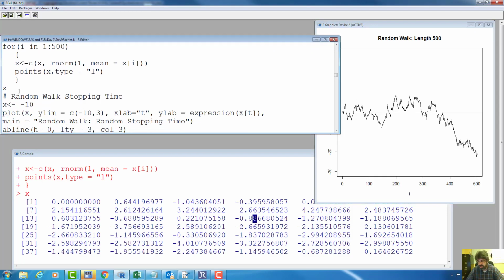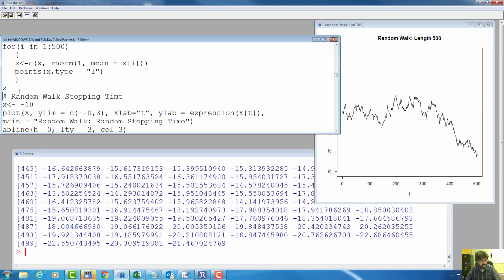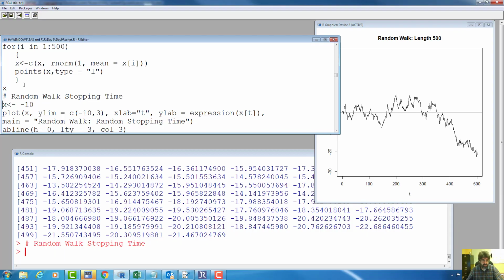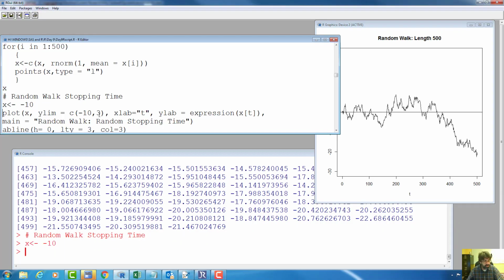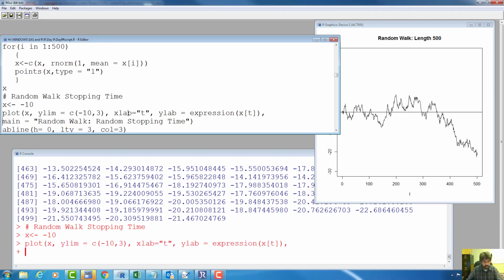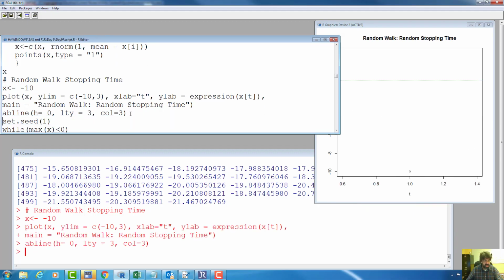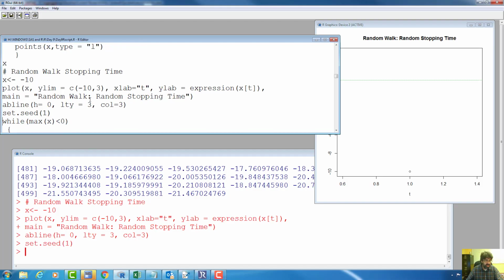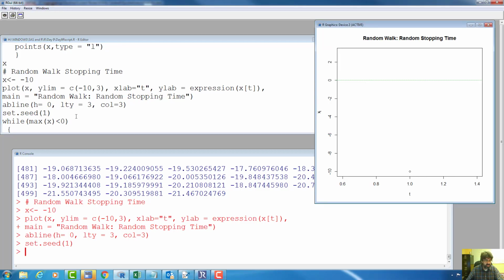Now, what if I just wanted to generate a random walk until something happened? Specifically, I want to look at a random walk stopping time. That is, I'm going to start with x equal to negative 10, because why not? I'm going to open up my plot. And I'm going to set seed here to make sure that this random walk will stop. So here, this is all just plotting code. Added a horizontal line. This is going to be my stopping time. Set my seed,